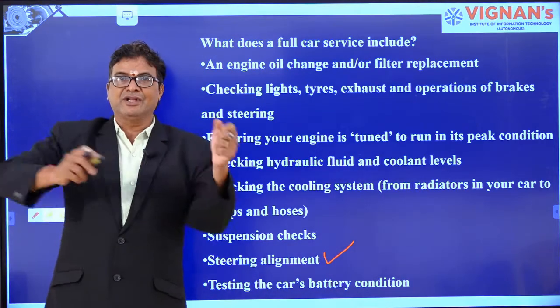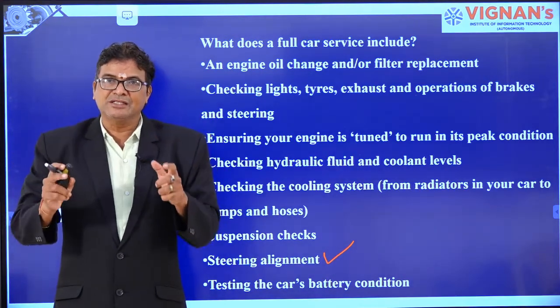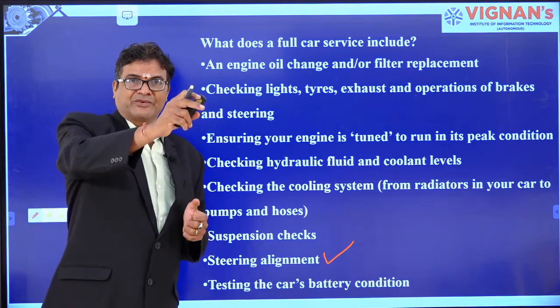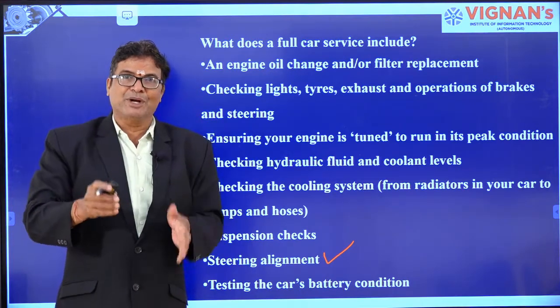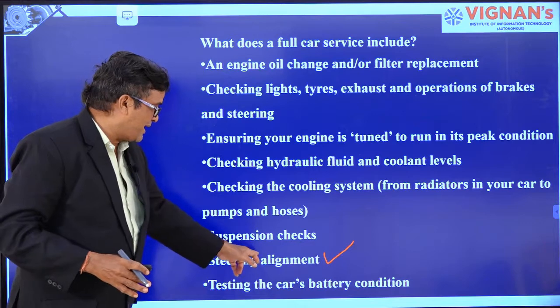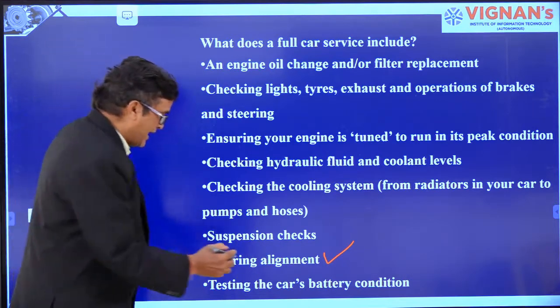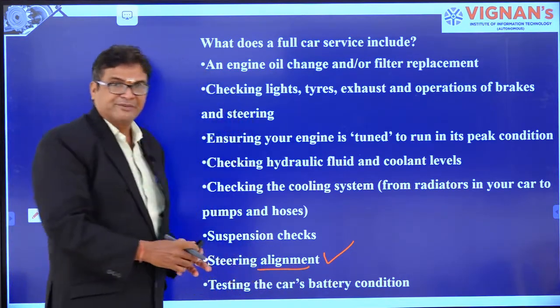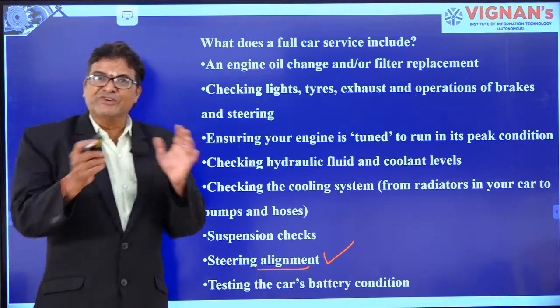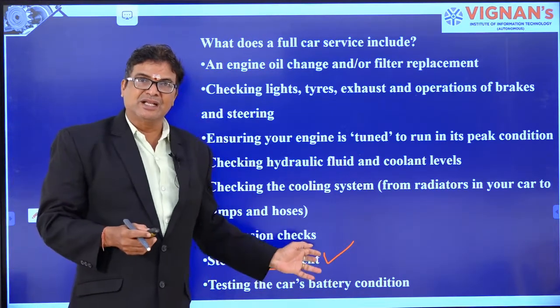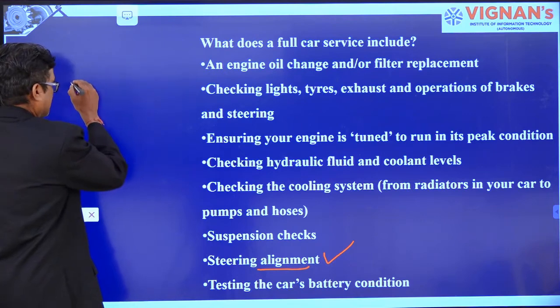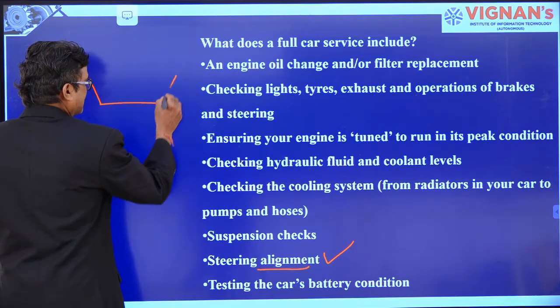He will simply turn the wheel thinking that he is going left at this angle. But due to the mechanism in the steering, there is an alignment, meaning fitting, problem. Due to misfitting or any damage in the steering link, right, the steering link is like this, the steering axle is like this,